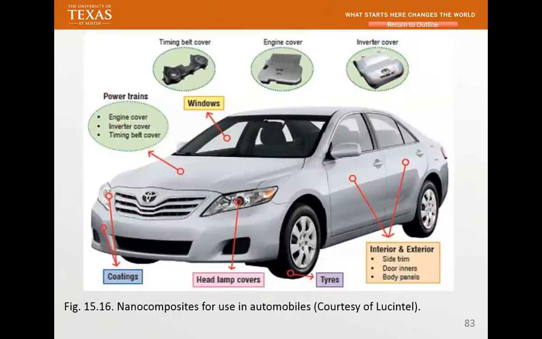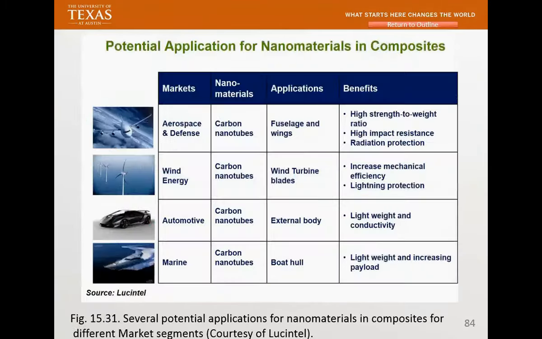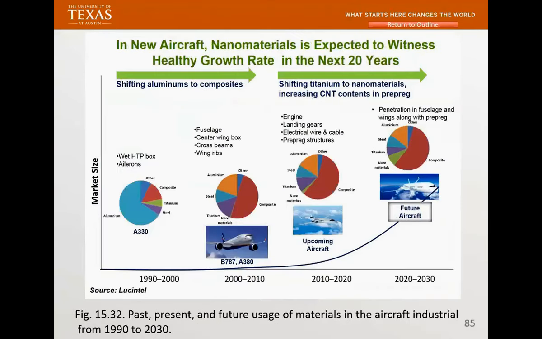They talk about all these things that can be done. Some of them are in use, some of them are not. They talk about aerospace, wind energy, and some of the accelerants, like automotive, they actually have in the car, only in the Lamborghini or Ferrari, not the daily car that we drive. That's okay. And marine, and it's very interesting. This is what they show over the years, which is very true, right?